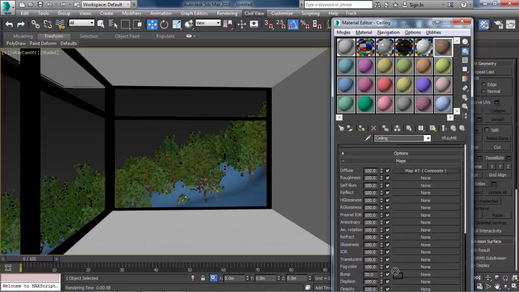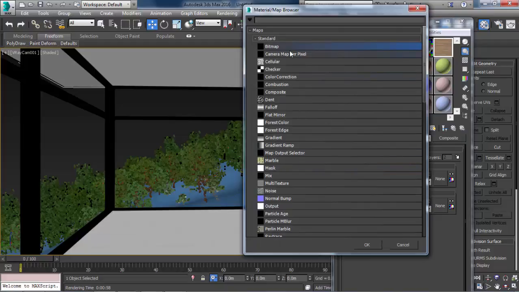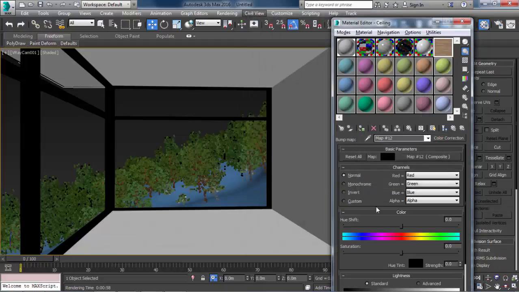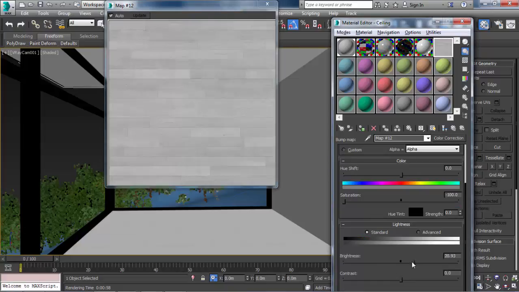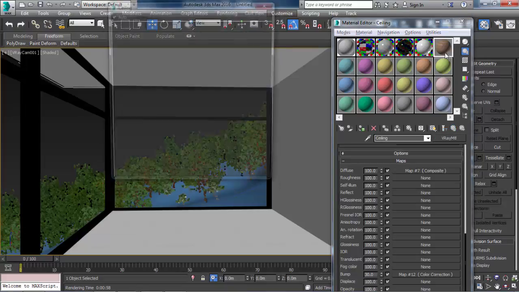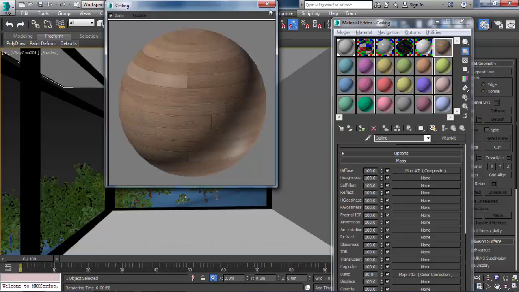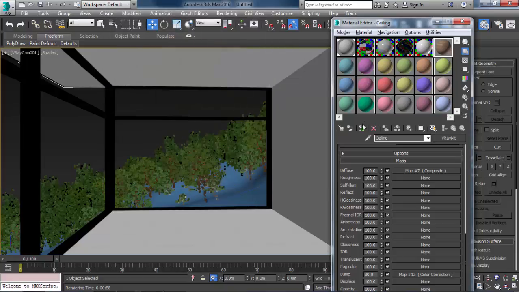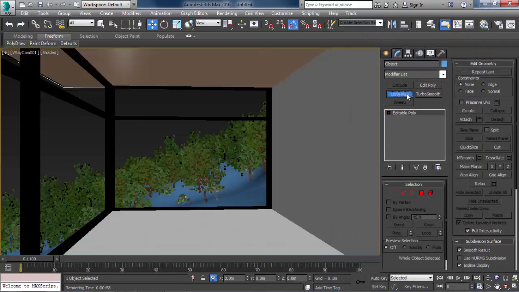I will copy this, create a copy, and add a color correction here, and I'll desaturate it and also bring up the brightness a little bit and contrast also. Yeah. So this is our material, as you can see. Let's apply it. Let's see. I'll apply a UVW map.